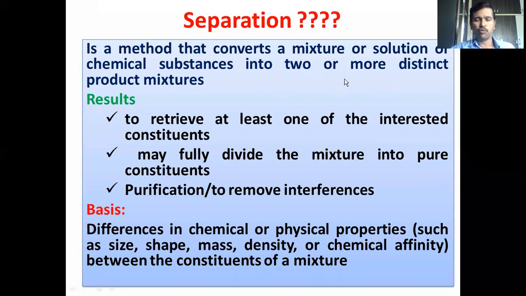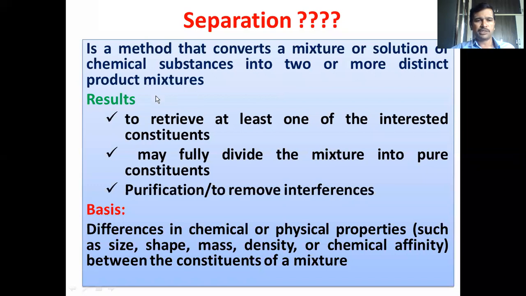Whichever separation technique we are following, our intention is to separate the individual components which are present in a mixture. And the mixture may be a homogeneous mixture or a heterogeneous mixture. So in order to subject a homogeneous or heterogeneous mixture, we must understand what separation technique we have to use in order to bifurcate each and every individual component present in the mixture. So the aim of using the separation technique is to convert a mixture into individual components. We can define separation as a method or a process of converting a complex mixture or a simple mixture into the individual components which are present in the mixture.